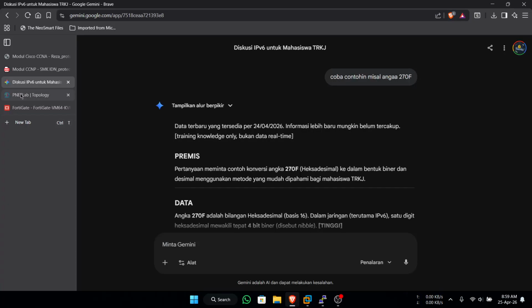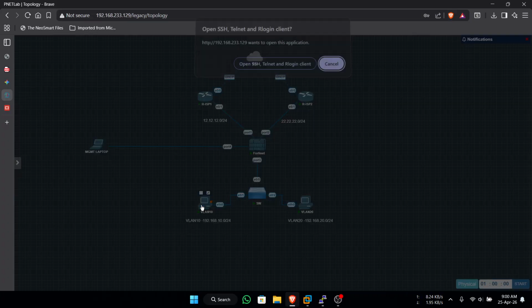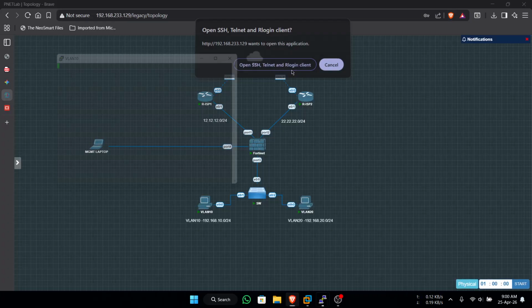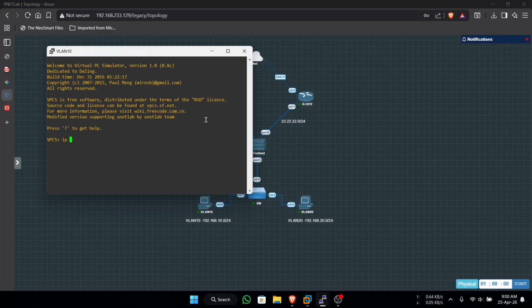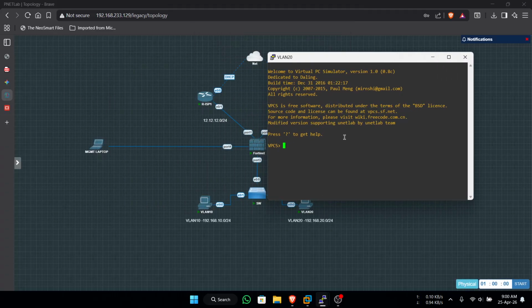You can test the DHCP. Okay, the VLAN 20 computer has an IP address with DHCP.